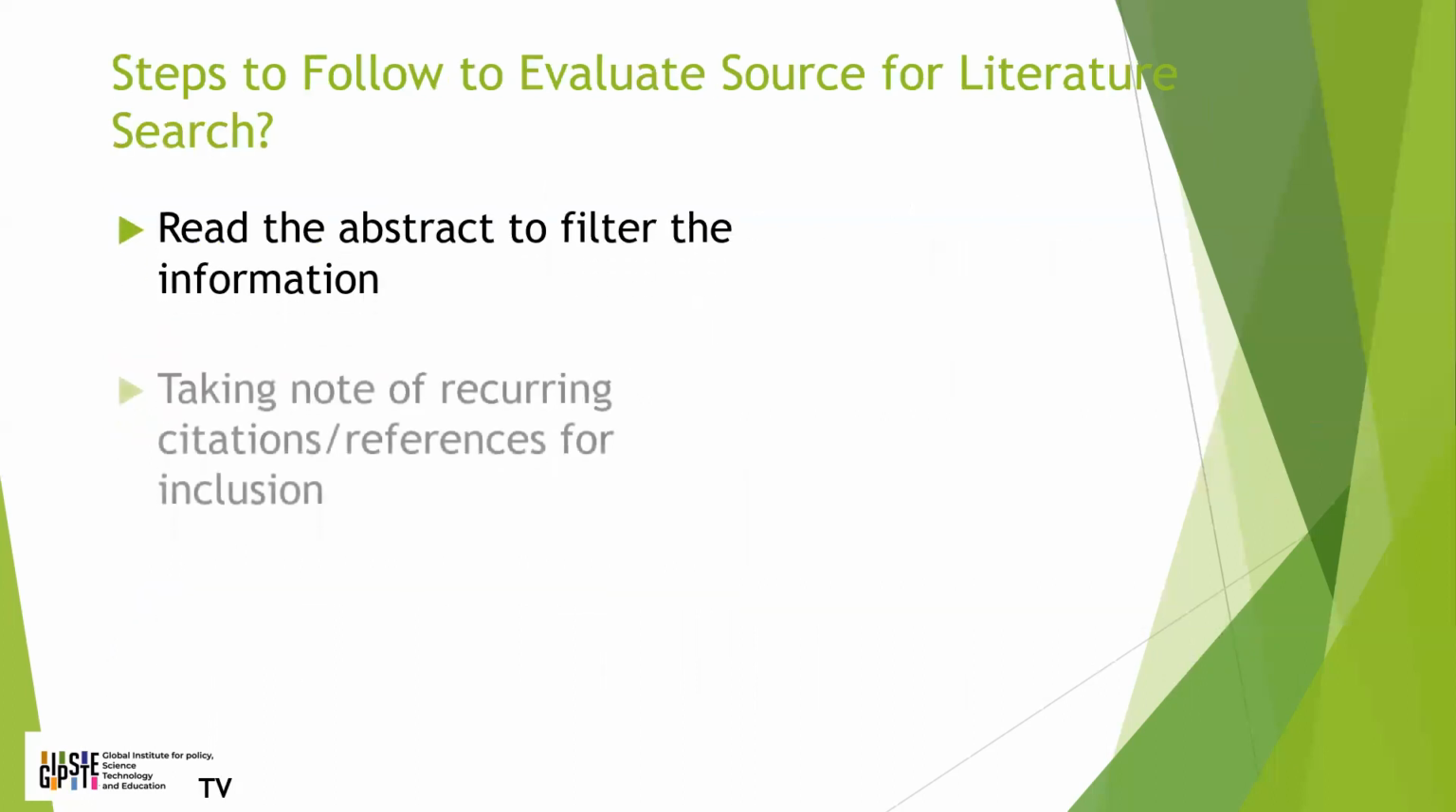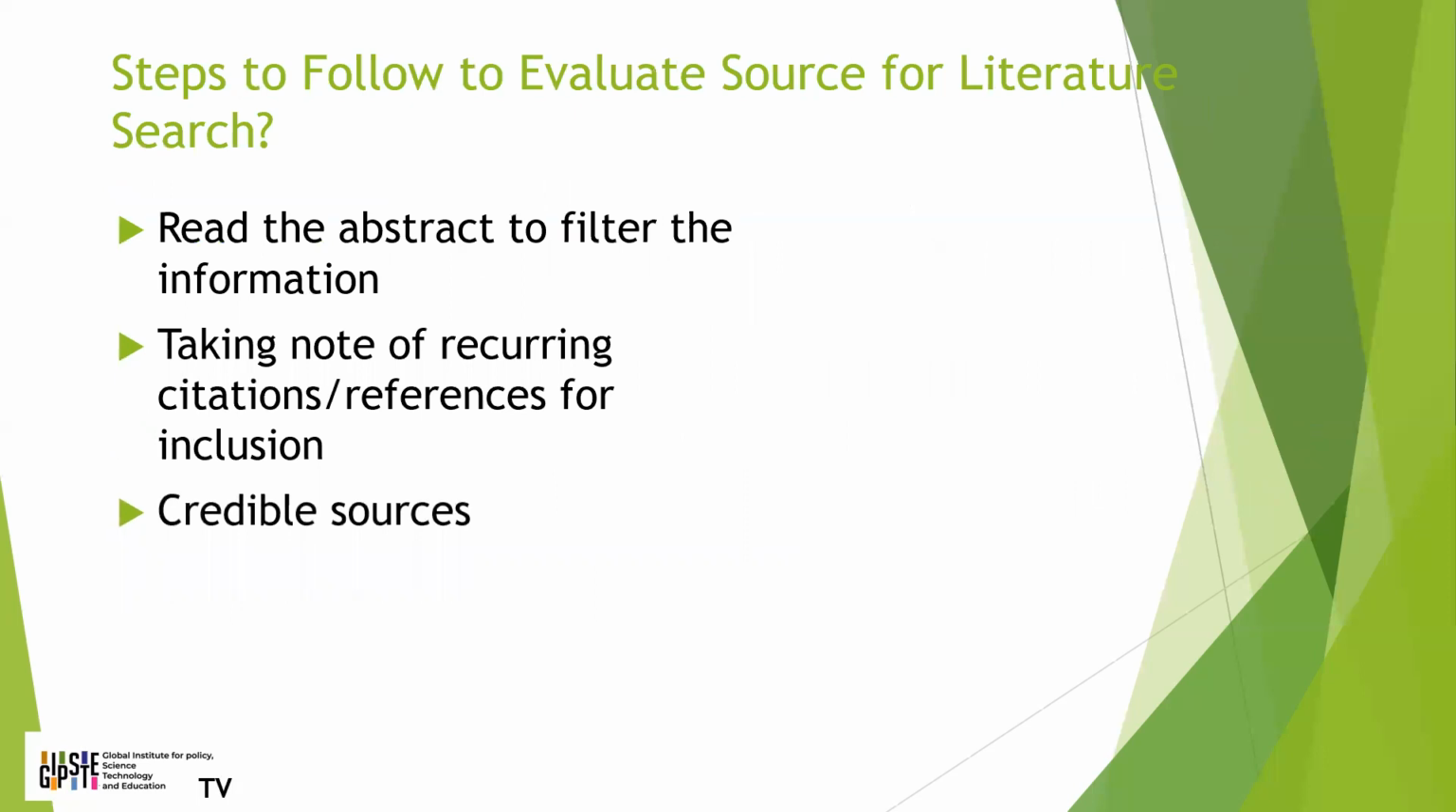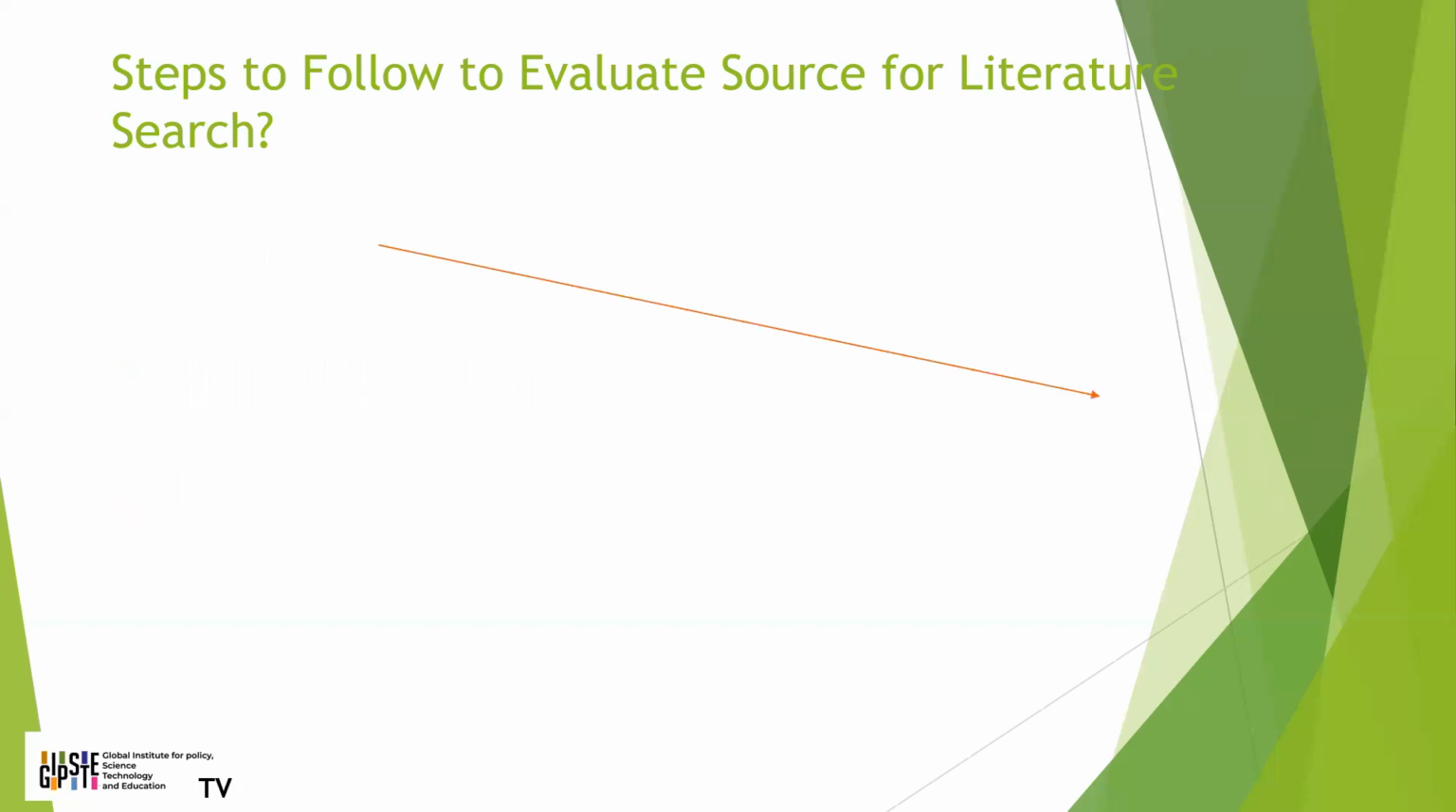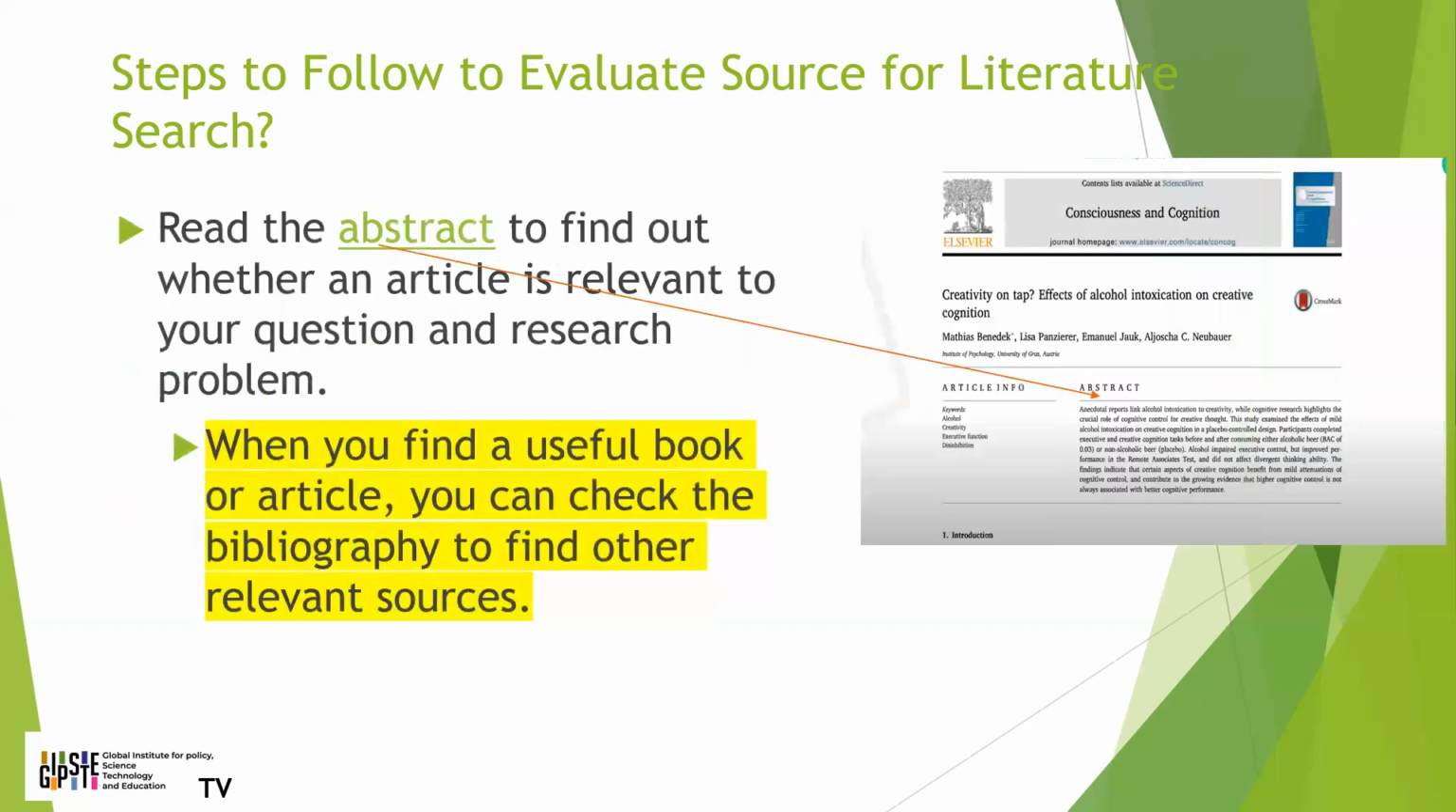There are some steps to follow to evaluate your literature search. And they include: 1, read the abstract to filter the information; 2, take note of recurring citations and references for inclusion; 3, credible sources; and 4, doing your personal assessment for inclusion and exclusion of the available literature. Let's dive into them. First of all,